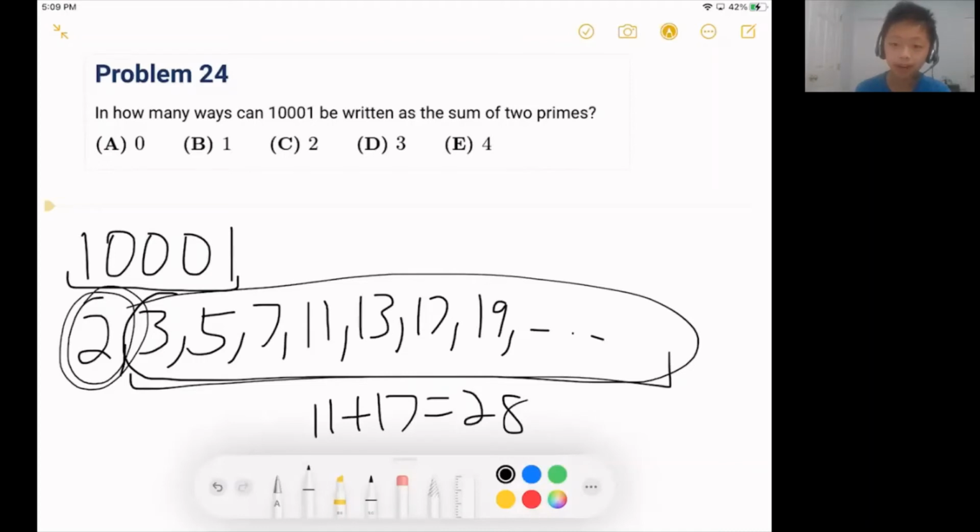Which means that your two prime numbers cannot both be odd. So one of them has to be even. And if one of them is even and it's a prime number, then it has to be 2. So if you can write this as a sum of two prime numbers, you have to write it as 2 plus something. So if you do 10,001 minus 2, you get 2 plus